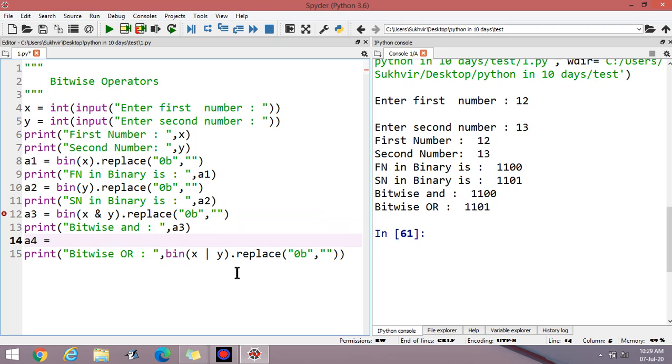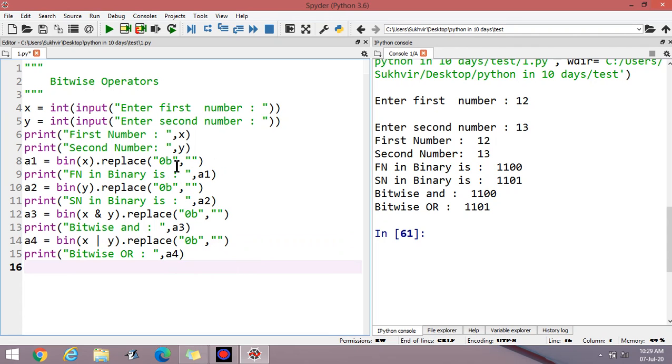A4. You can declare the variable basically, or you can save these values in some variables. These are the four operations we have completed.